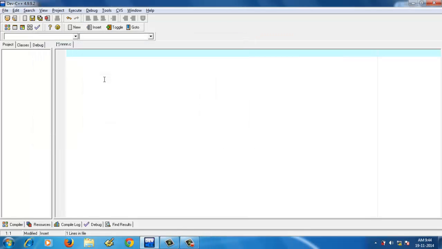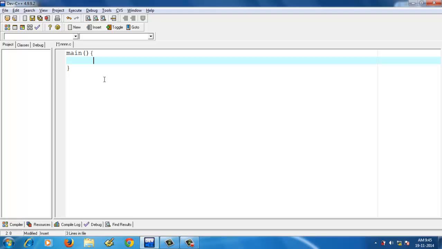So now I am going to tell you how to write the code for the multiplication table. As we know that the C program is in a top to down pattern, so I start with the main function. Main. Here the curly braces define the scope of the main function. Int n. I declare a variable as integer type.